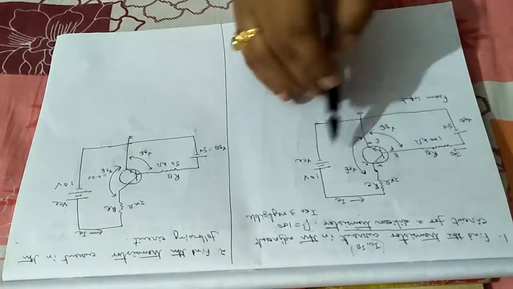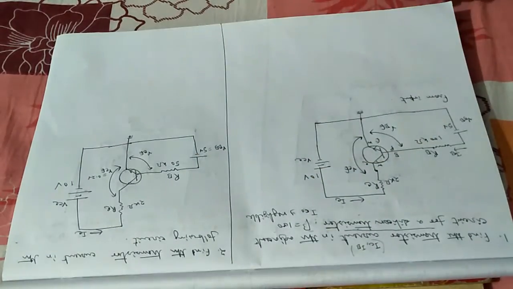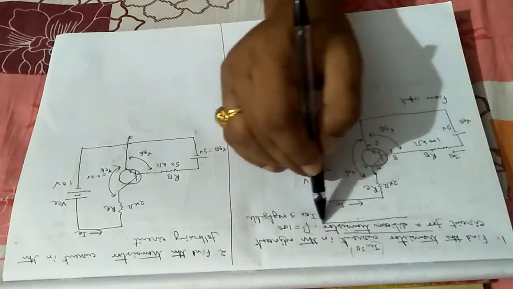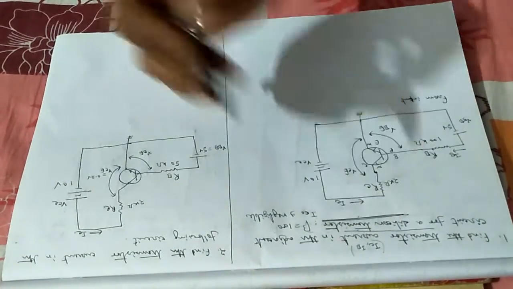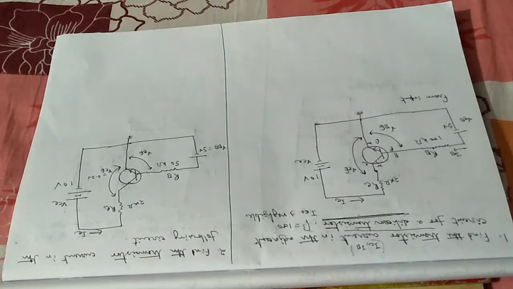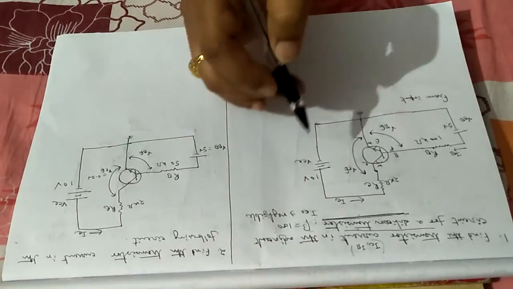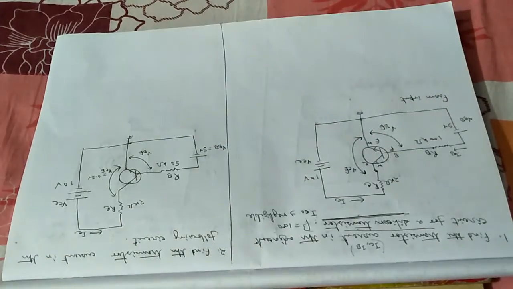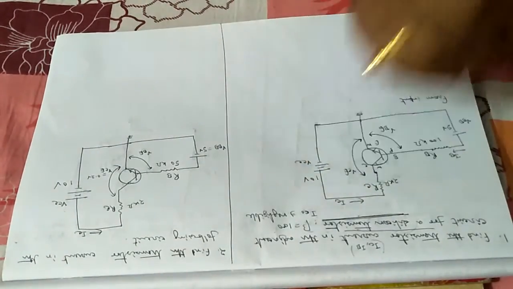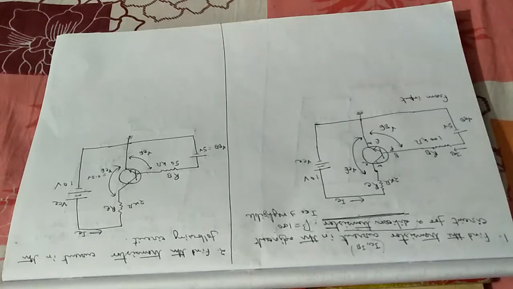In the adjacent circuit, the circuit is given. I will elaborate this circuit later. For a silicon transistor, what does this signify? It is taken for granted that for a silicon transistor the base to emitter biasing voltage, that is VBE, is considered to be 0.7. That's why this hint, silicon, is given. Otherwise for any other transistor, a germanium transistor, it will be considered 0.2.